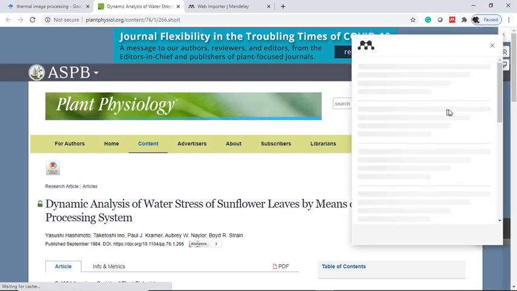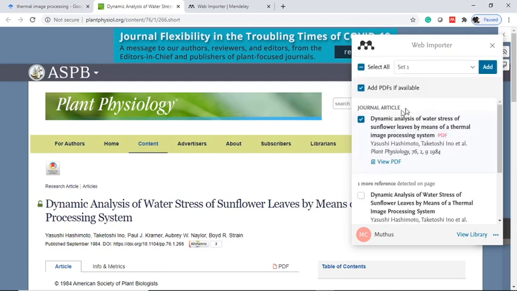It is displaying all the information which is available in the website, that is the paper name. If the PDF is available, it is attaching the PDF also, so it is taking more time to attach the PDF. Now it is available: dynamic analysis of water stress of sunflower leaves by means of thermal image processing system, and the PDF is also available here.